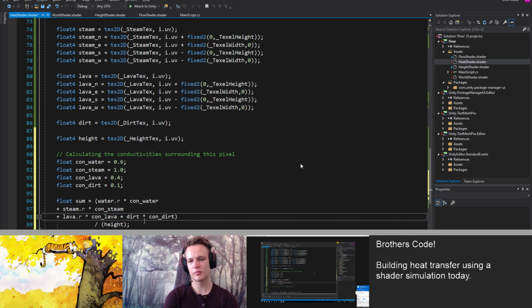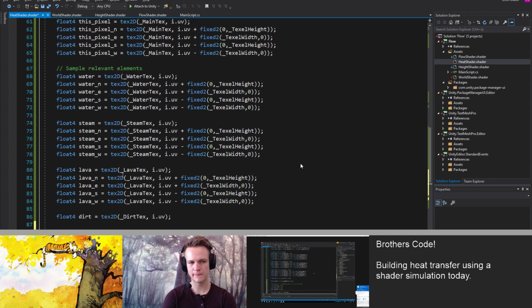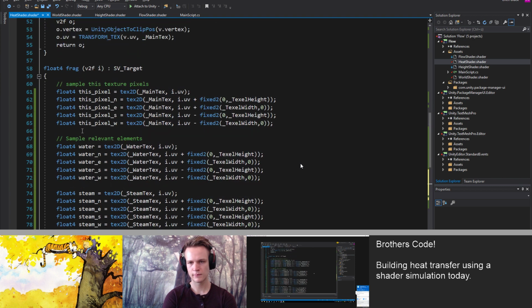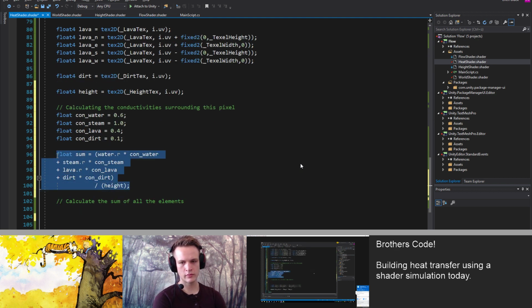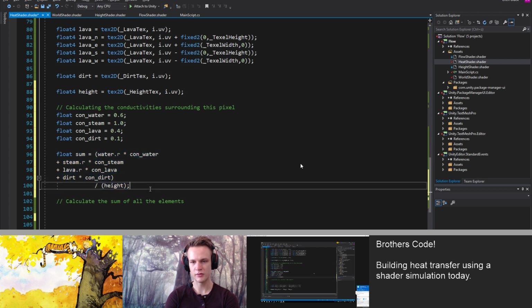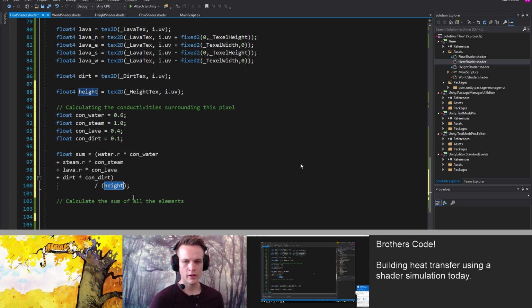So there's a problem with height being zero, because then your sum gets all out of whack. Oh, but then we have to do this for every direction, and check if the heights are zero in any direction and not do that. So can we build this in a way that avoids having to divide by the height?